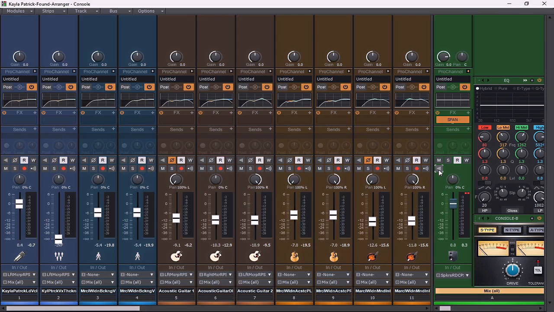Okay, so as stated before, this is the big payoff. So as you remember, this is how it sounded in mono. And now when we fold it back out to stereo after doing our EQ adjustments,